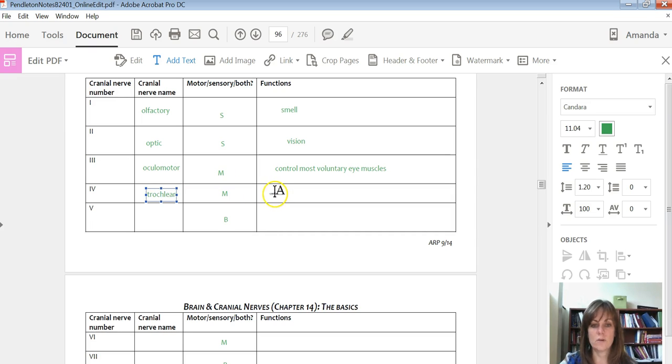It has only a motor function, and this controls one eye muscle. We'll learn later that the one it controls is called the superior oblique. Okay, the next one, which is called trigeminal, is going to have both